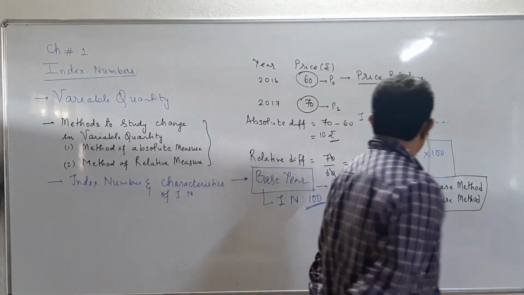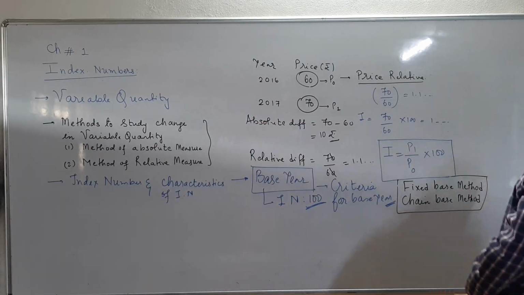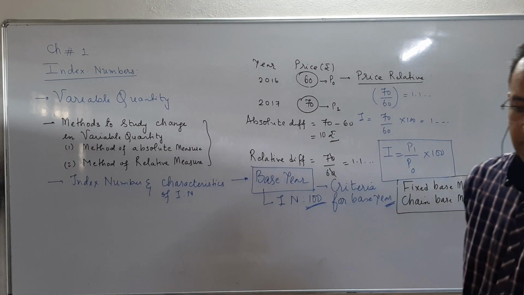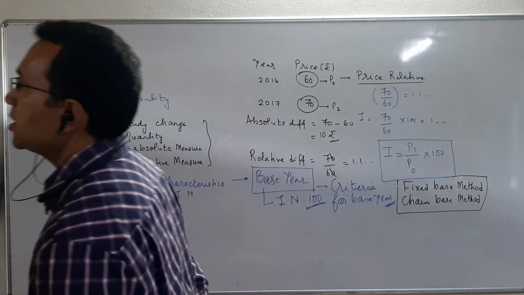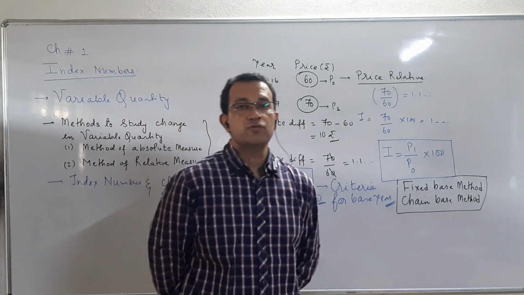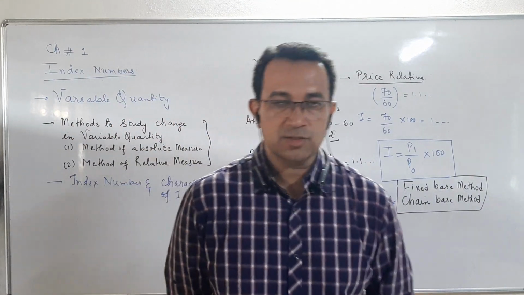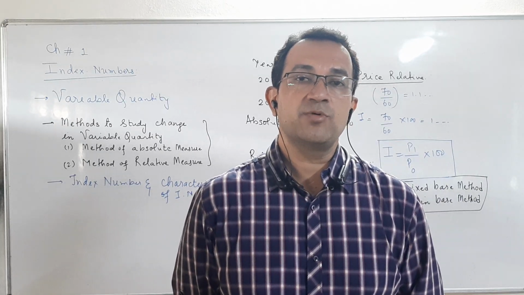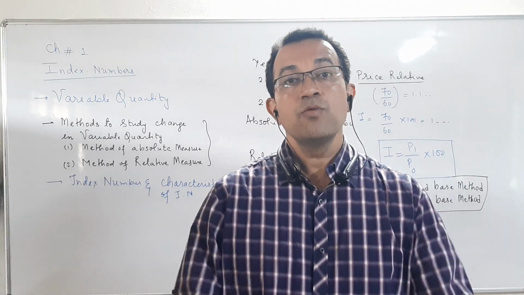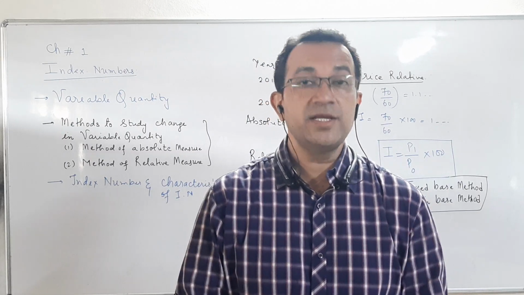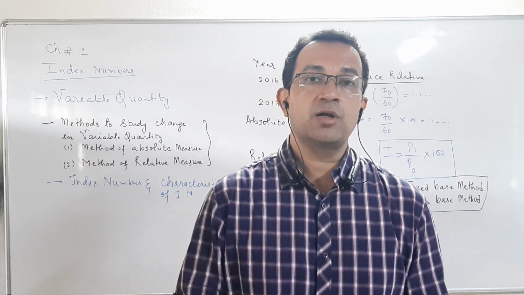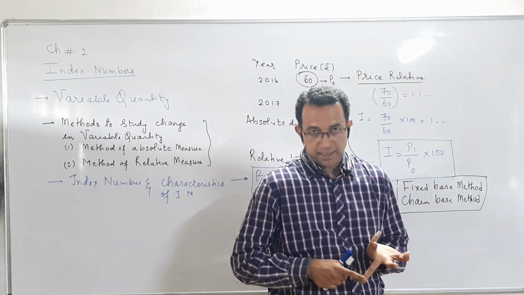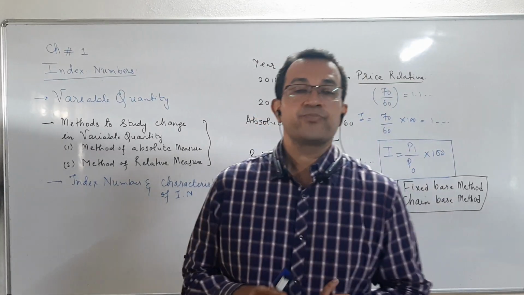Then students, the next thing we studied was base year. What is base year? A fixed year of past with respect to which the current year's value are compared is called a base year. Always the index number of a base year is to be supposed as 100. What are the criteria of selecting a base year? A base year should be a normal year free from natural and man-made calamities, political instability, and